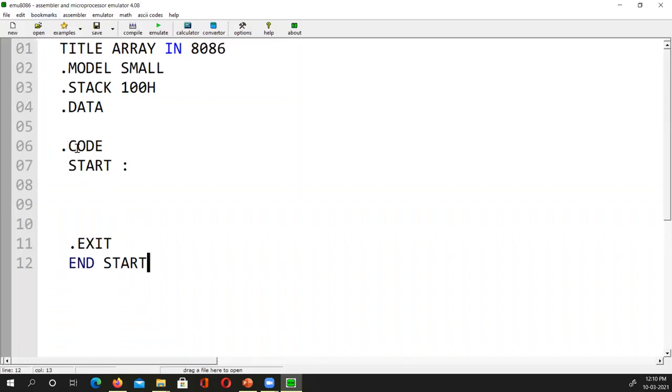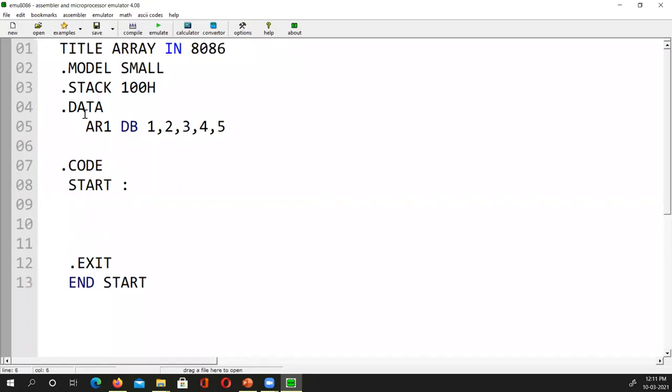We all know that. This is where I write the whole code, and this is the data where I keep things. Like I created an array, say AR1 DB 1, 2, 3, 4, 5, which we were discussing yesterday. Then I have AR2, again DB, and I put in A, B, for example. Single quotes mean I'm putting their ASCII values. Keep that in mind. We have the ASCII value of D, the ASCII value of E, and so on. So I got a 5 here.